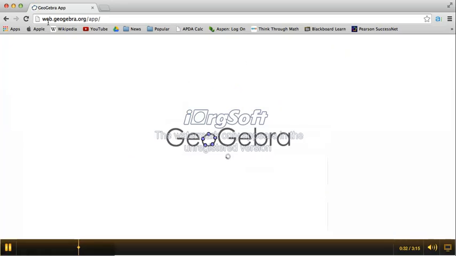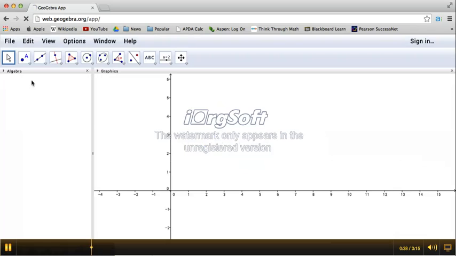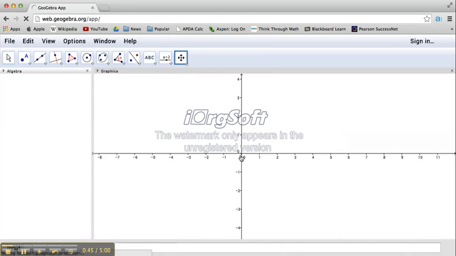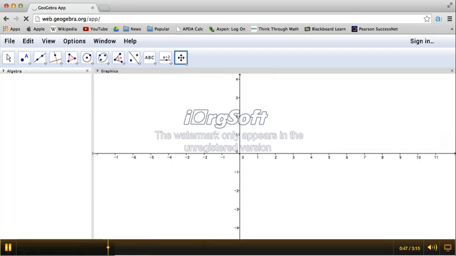As you can see, GeoGebra is loading up. So as you can see right here, GeoGebra is going to give us a graph. We're going to move our graphics to make sure that our graph is in the center so that everything's easier to see. And we're going to go down to the bottom here into this input page, and we're going to